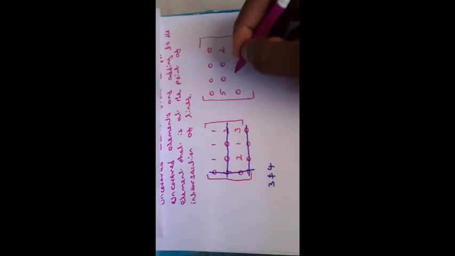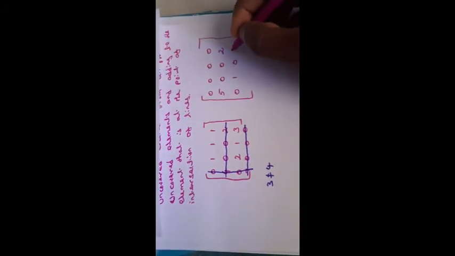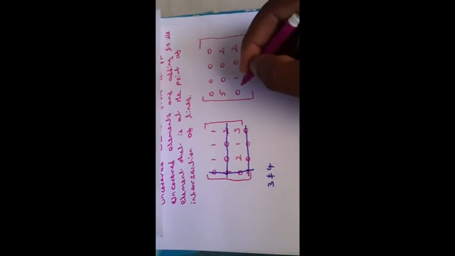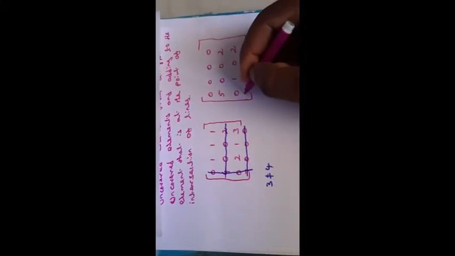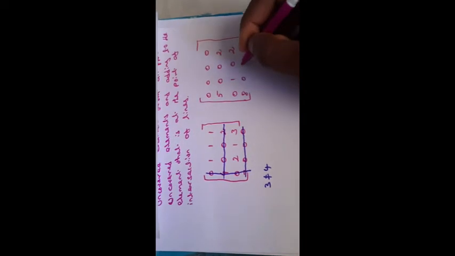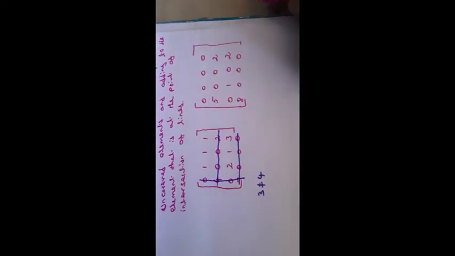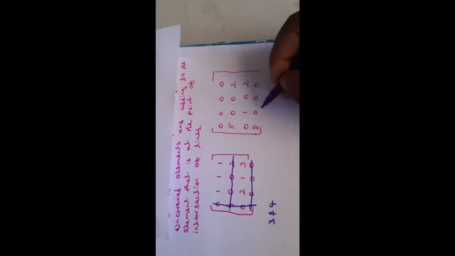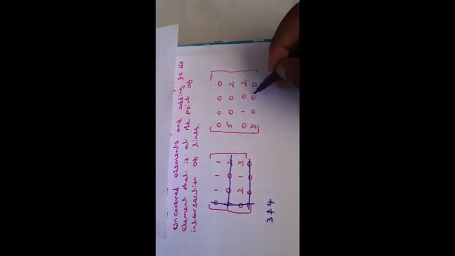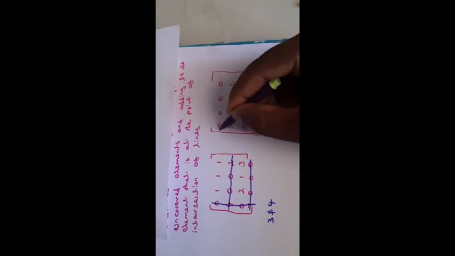So next 0, 1, 0, 2. So next 7, this intersection point, will become 8, 0, 0, 0. So again we need to draw the lines. To draw the lines we need to check the maximum number of zeros. First row 4, second row 2, third row 2, fourth row 3, first column 2, second column 3, third column 4, 2. So the maximum number of zeros is